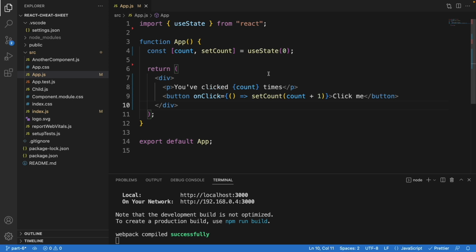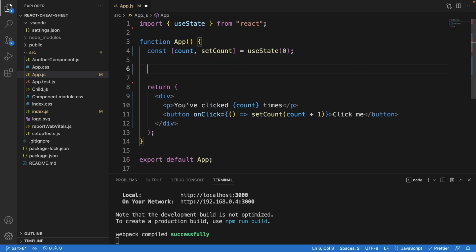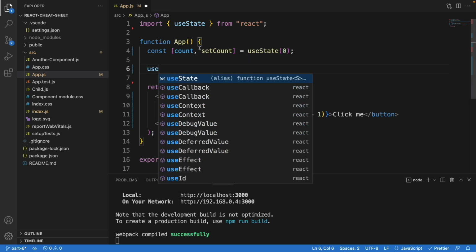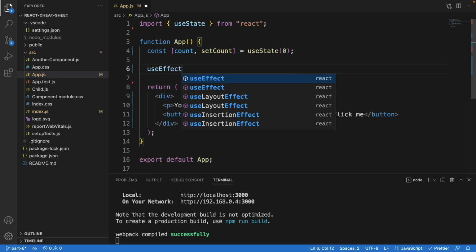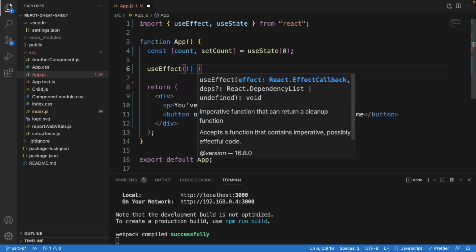Next I want to show you how to use useEffect. useEffect is also a popular hook, besides useState. useEffect is a hook that lets you access the lifecycle methods in a functional component. Right here inside the App component, we can start writing useEffect. This is also